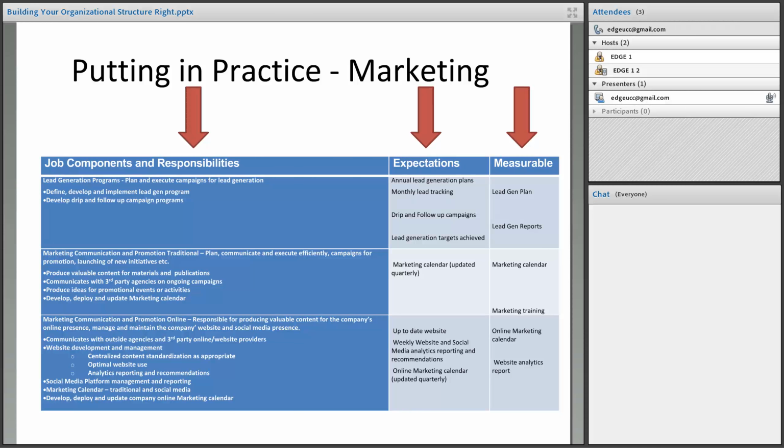So we can get really sidetracked with creating a job description by getting into minute detail, an unbelievable level of detail. And that's not what we want to do at first. We first want to say, okay, what does this person do? Now, if you're the kind of individual that just starts jotting things down, okay, I need them to do this, I need them to do this, that's okay too. It's okay to do that.